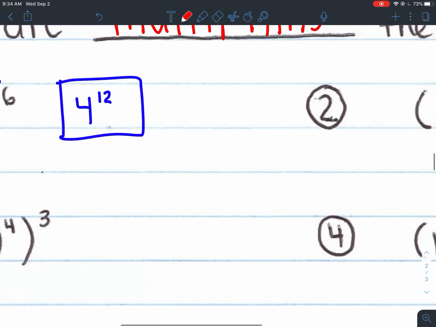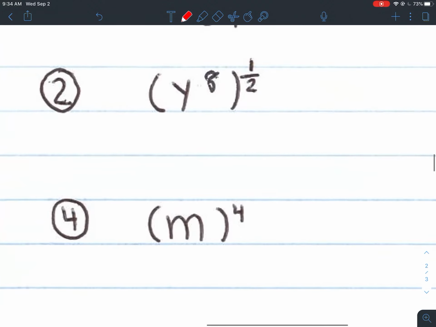All right, moving on. Number 2. This one's a little bit weird because there's a fraction, but it doesn't matter. You treat it exactly the same. You see that you have 2 exponents and you want to get rid of those parentheses. In order to get rid of them, what would I do? I would multiply them. Why would I multiply and not add? Because parentheses mean multiplication to me. So I'm going to distribute and